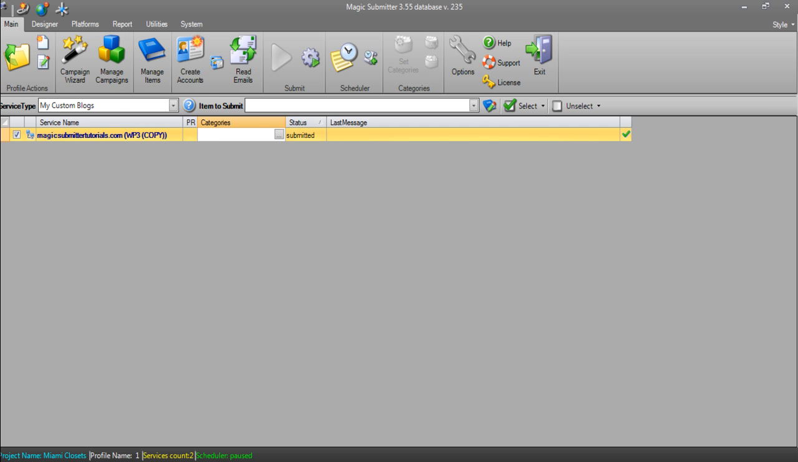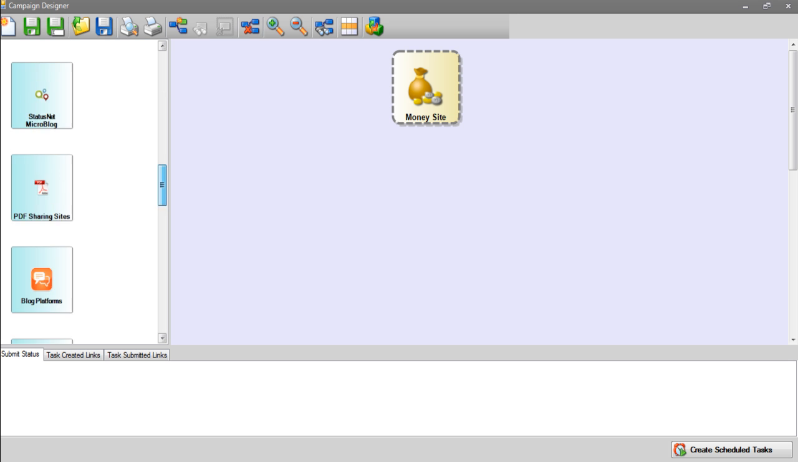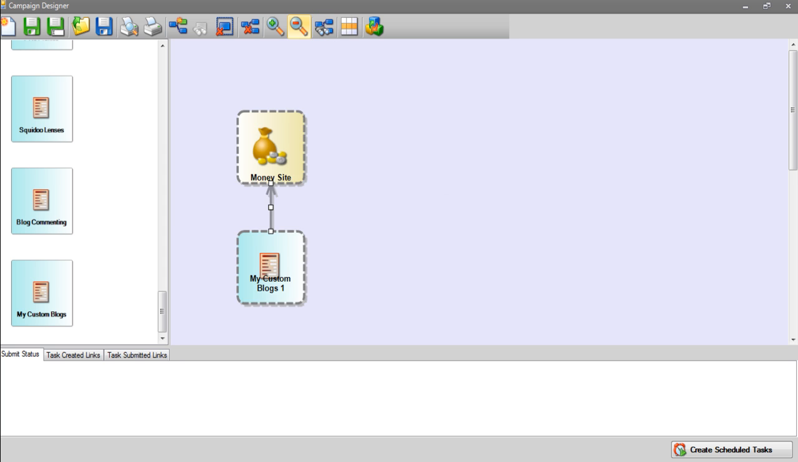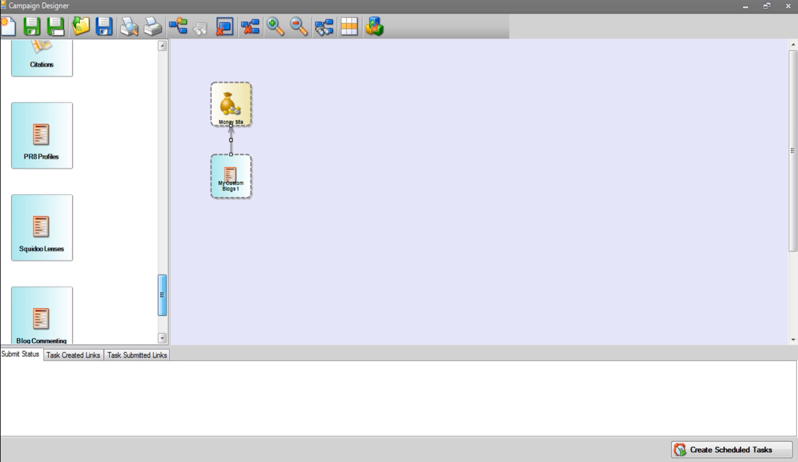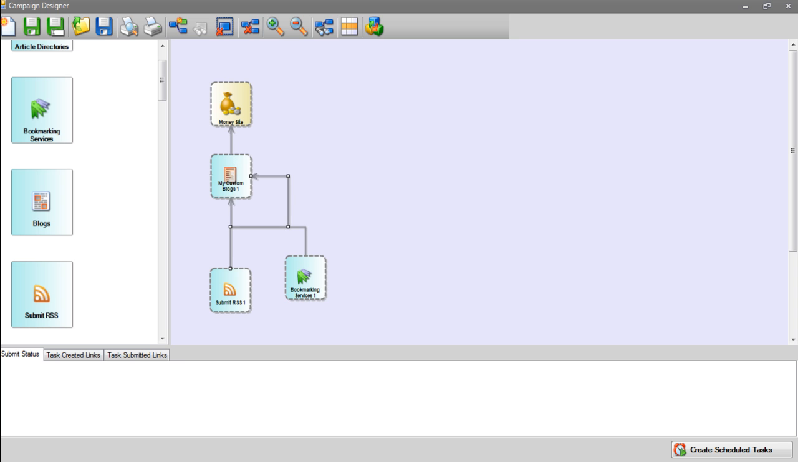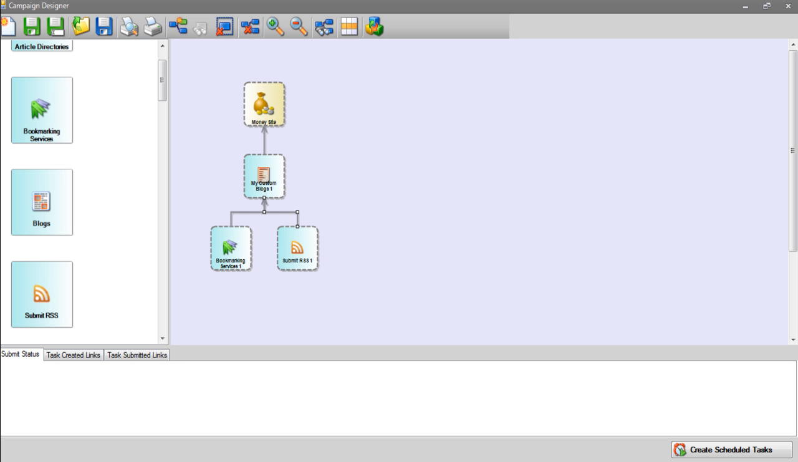sites. Another thing to point out is when we've just copied this service, when we go into the campaign designer now, or if you go through the campaign wizard, I could now include my custom blogs in my template. So let's say, for example, I decided that I wanted Magic Submitter to post to my custom blogs that I had created. If I had a group of them, I could then tell it to bookmark those blogs and build some RSS feeds to those blogs, for example,